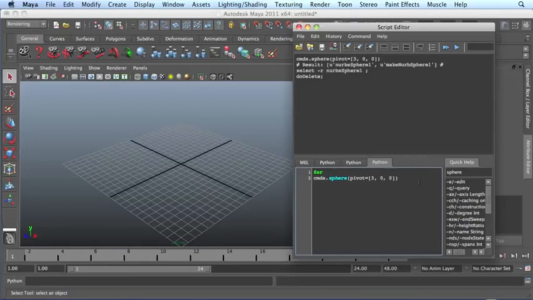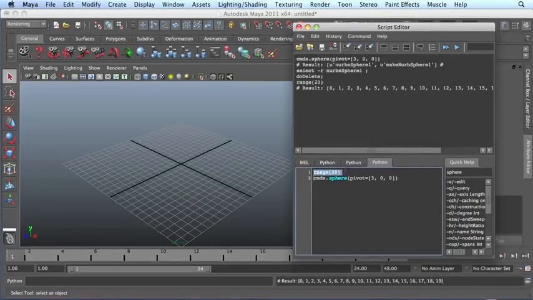We do for, and we'll call it a counter. Now, how many do we want to make? Let's say we want to make 20. Now, I told you one way to loop over numbers is there's a command called range. And if you put a number in there, you get a list generated for you that you can loop over. So if we say for i, and i is just our counter, we can call it anything, in range,